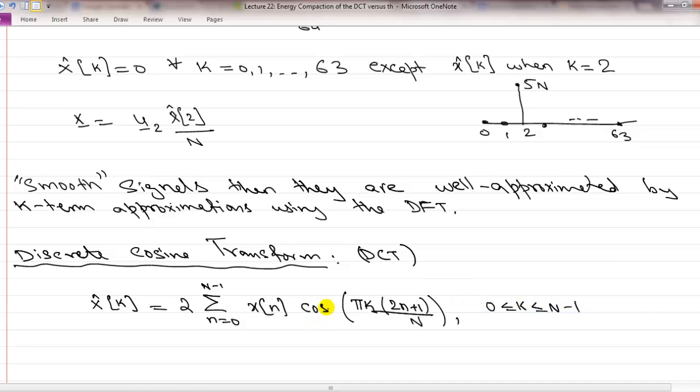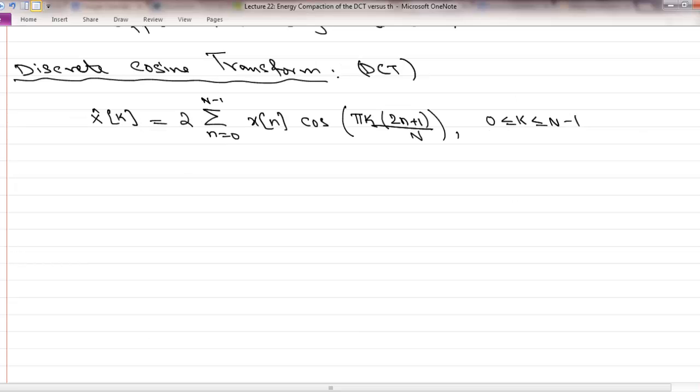So instead of projecting your signal onto complex exponentials, the discrete cosine transform works by projecting your signal onto these cosines. And if you want to write down the U in this case,